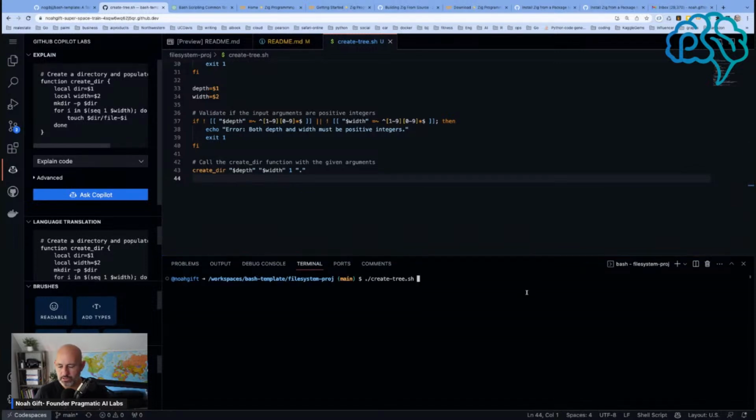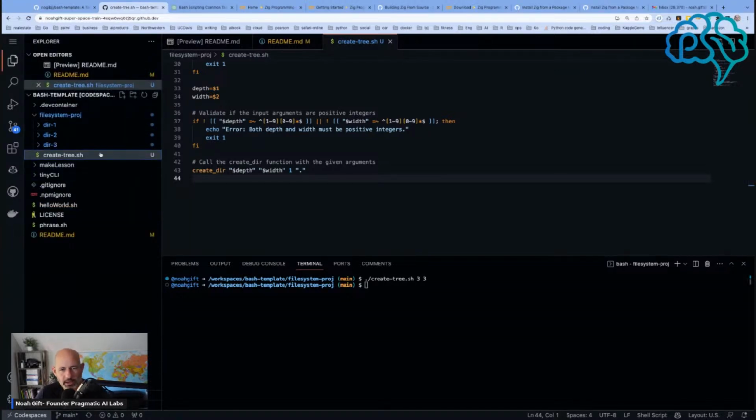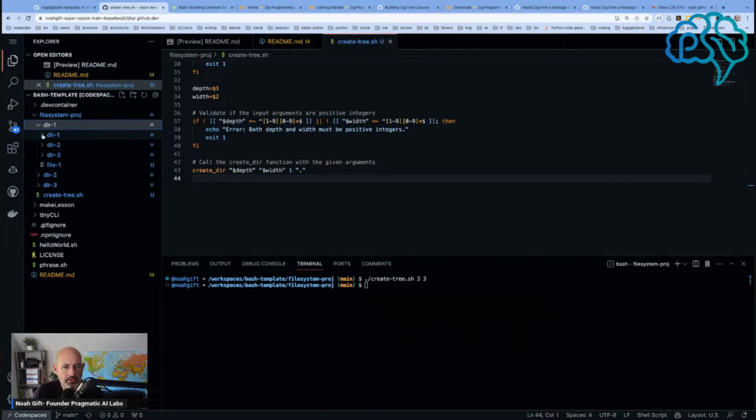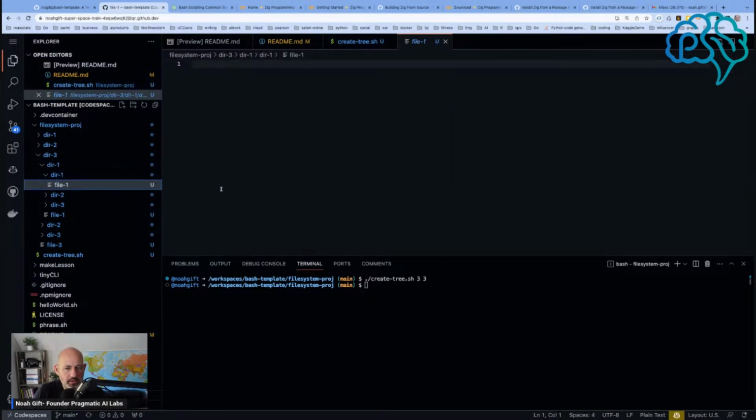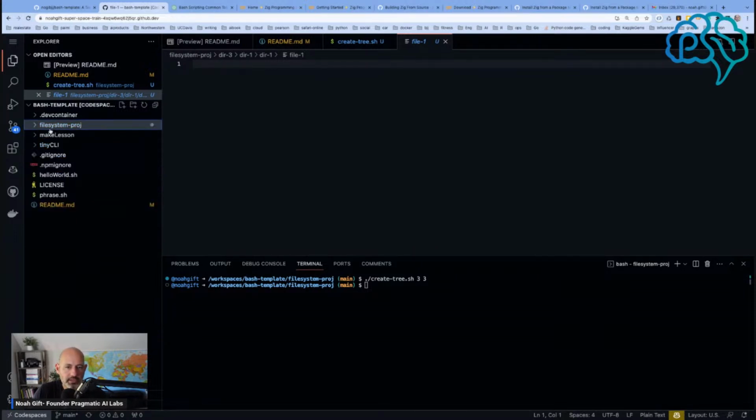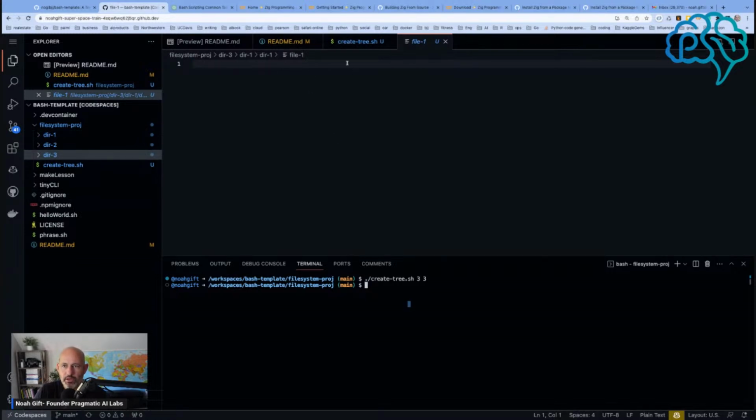And I'm going to run it with, in this case, how about 3 and 3? And if we look at what it created, a directory 1 here, a directory 2 here. And so this first one had 3. The second one had 3. And this one has a file inside. So it actually did do exactly what we wanted it to actually create, because it created a nested level of 3 here, which is